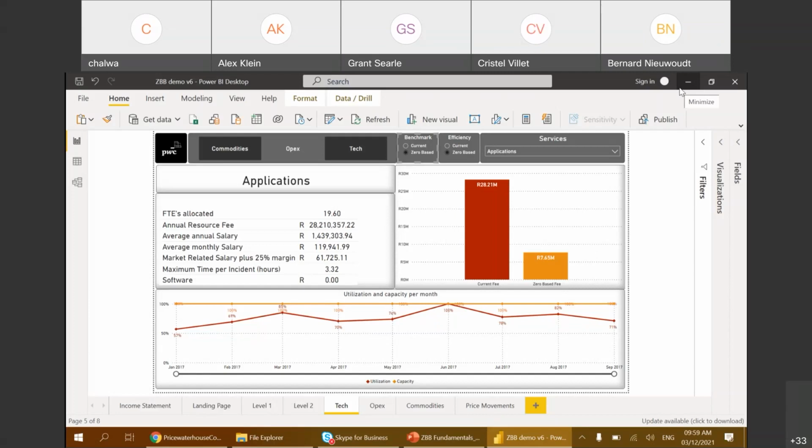Exactly. So in this example, this specific client was not in a tech industry. So removing this tech cost from the back office created a lot of opportunity to reinvest that into something in the front office that is actually going to differentiate you. And the reason I'm starting with this example is because, like Ronel said, it's a fairly opaque area, because the maintenance of your applications is not something that you necessarily know what the zero base is. So it's very easy to create massive margins and markups onto that, because no one really understands what it should cost. And once you get the data and quantify what it should cost, it creates a lot of opportunity to contract differently.